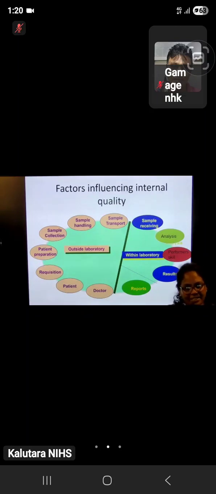I told you earlier regarding the incubator, you daily measure the incubator and make sure that the incubator temperature is up to the standard. That means in between 35 to 37. So that strategy or that activity, why do you do that activity? To ensure the quality. Because you know that there may be defects or errors. So you get strategies or you follow activities to minimize those defects and to increase the quality of your report.